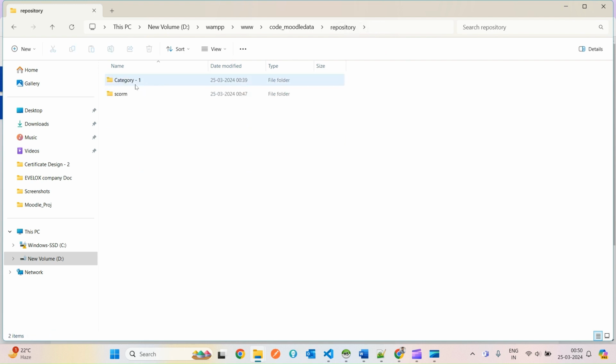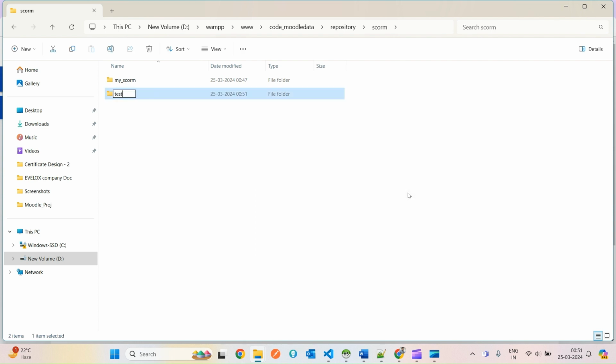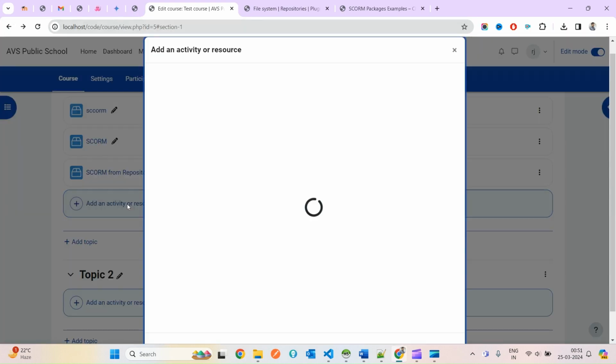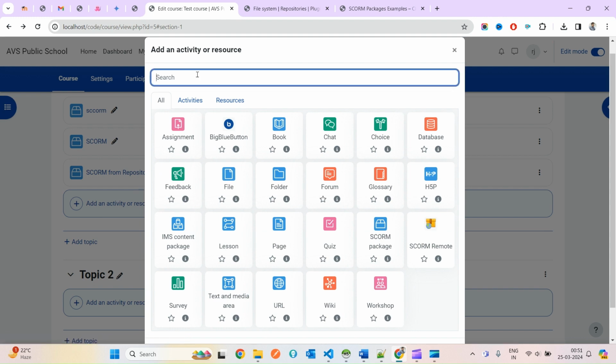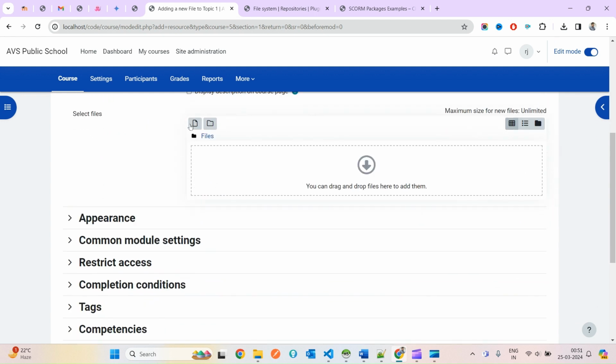Now suppose you have to create another step here. So same way like we created for the SCORM, you can create here for another directory. Okay. Now I am coming here to create one more directory. Let's say test inside SCORM, because till this path it is coming here under a browse. Got it? So under file also you can browse that in case you are putting any file there, because this